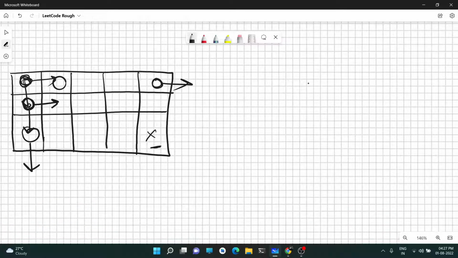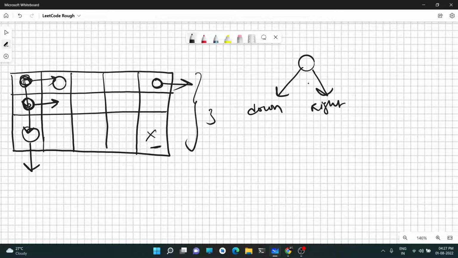Why is it not optimal? Because in each case we are going either down or right. So how many positions are there? Since this is of size 3 and this is of size 7, there are a total of 3 into 7, which is 21